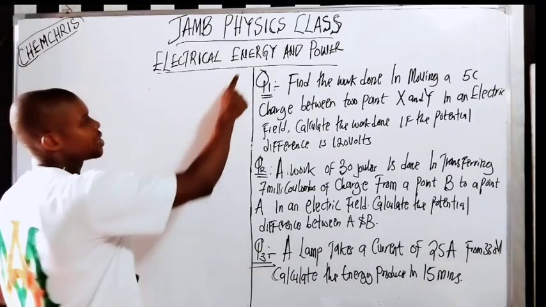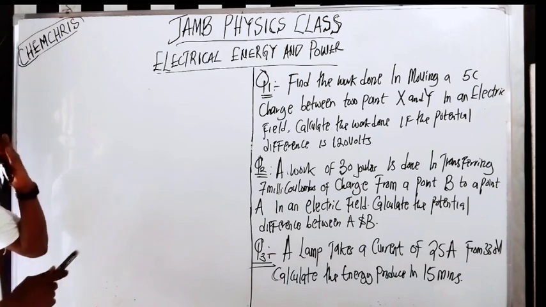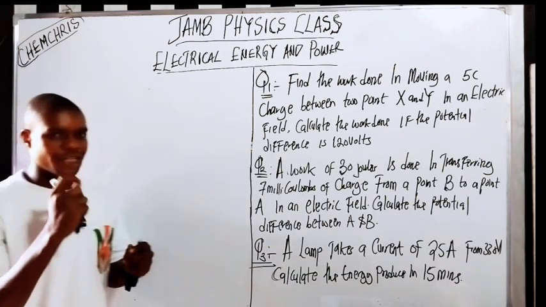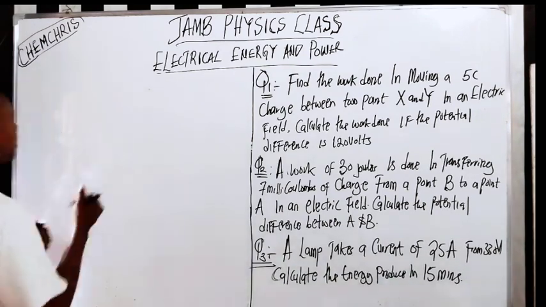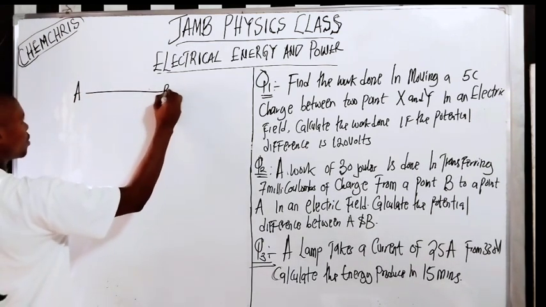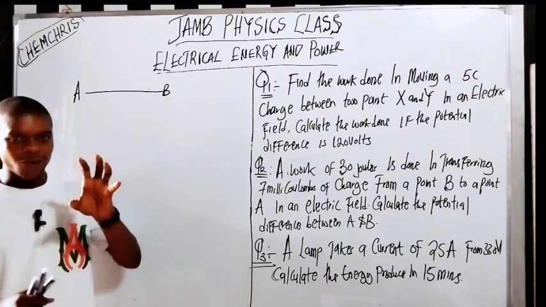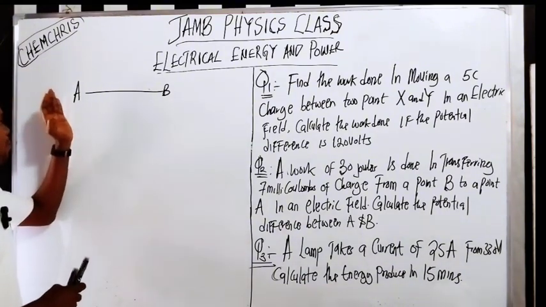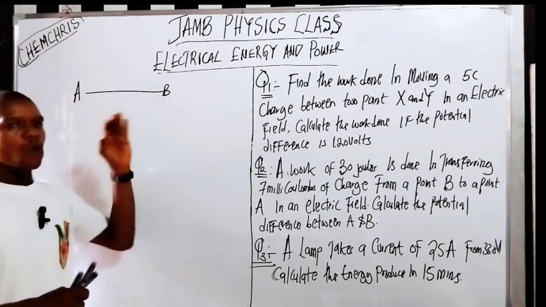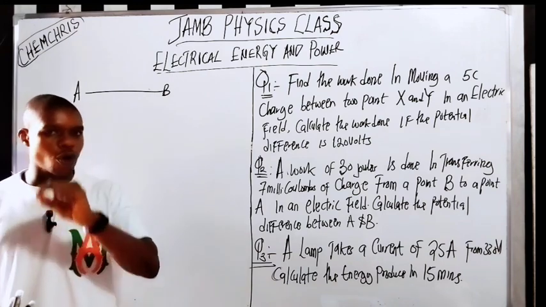So we're going to start with energy, because we're talking about electrical energy or electrical power. So let's talk about energy. Now, when a charge moves from point A to point B, work is said to be done. Right. So whenever in a circuit a charge flows from point A to point B, work is said to be done. And the work done